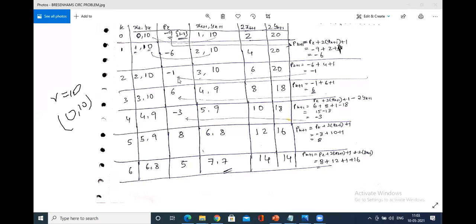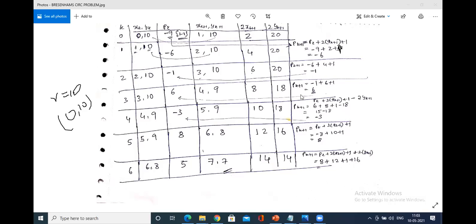So negative value -1. Again, based on this -1 value, what decision will be taken? You retain the same y-axis and just increase the x interval and calculate a new pk value based on this -1 value. So -1 has been calculated. Now, based on this -1, you increment and a new pk value has to be found. How do you find it? Since it is a negative value, pk plus 1 is -1 plus 2 into 3, 6 plus 1, that becomes 6.